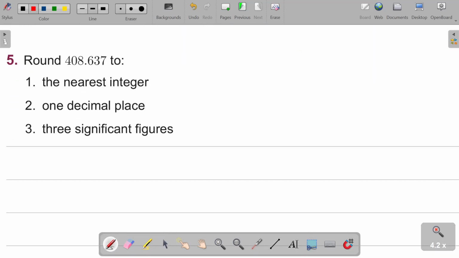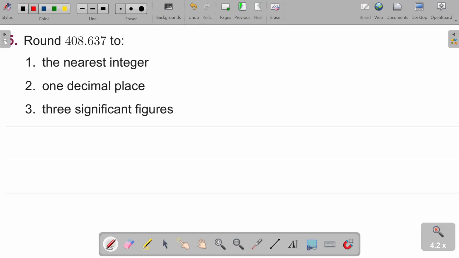All right, cool. Then this one asks us to round off to the nearest integer. So the integer starts over here, and we look at the next digit. Again, it's a 6, which is bigger than a 5, so we know it's going to go up. So we want to say 409, no decimal points because we just want an integer. Now this says 1 decimal place. So obviously 1 decimal place is here by the 6. So we look at the next digit over here, and this is a 3, which is less than 5. So the 6 stays a 6. So it's just going to be